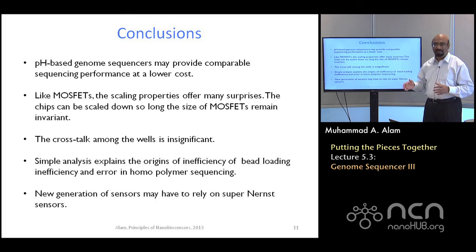So on these 3 lectures on genome sequencers, you should note how it has brought together all the concepts that we have learned from lecture 1 to lecture 27. All these issues about settling time, sensitivity, selectivity, the lecture that I just discussed. It is very important that you realize how these pieces come together, and then see the beauty of the technology, nanobiosensing technology, in its ability to bring everything together in a comprehensive whole.